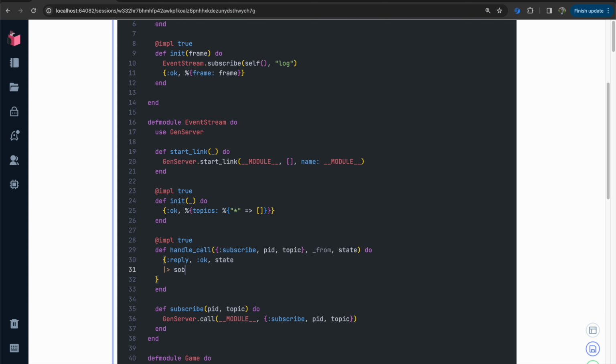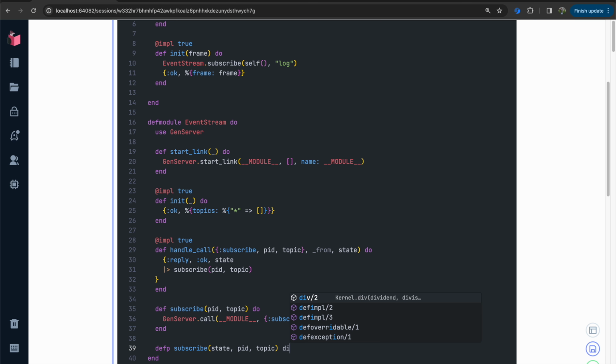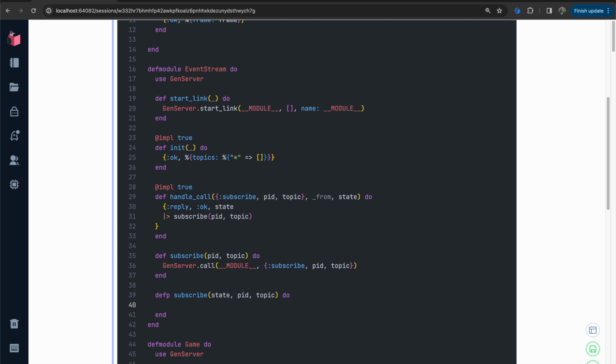So we can do subscribe. The state's going to be the first argument, and then the PID and the topic are going to go next. And this will need to be a new function. I wonder if it can be def p, and that will be subscribe with 3 arguments, and that will be state, PID, topic. And what it will do is